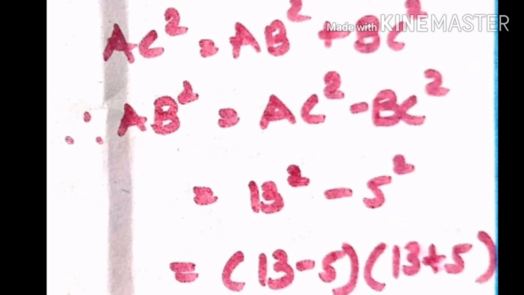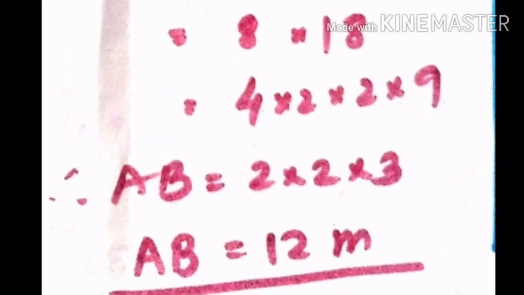So I have found it like this. 13 minus 5 is 8 and 13 plus 5 is 18. And now 8 into 18, you also need to get factors to get the square root. So while further factorizing it, you will get your square root. 8 is 4 2s and 18 is 2 9s. So I take from 4 2, from both 2, 1 2, and from 9, 3. That is the square root I have found by factorizing. So AB is 12 meter, which is the value of the wall asked in the question.